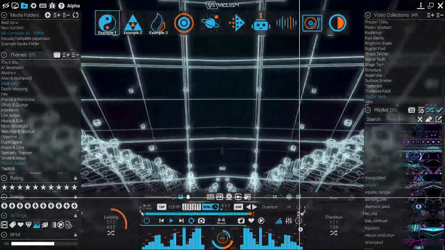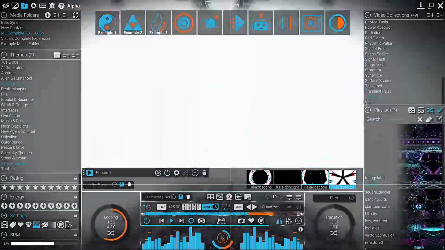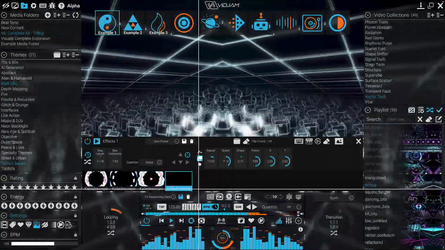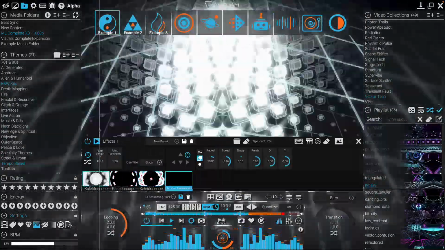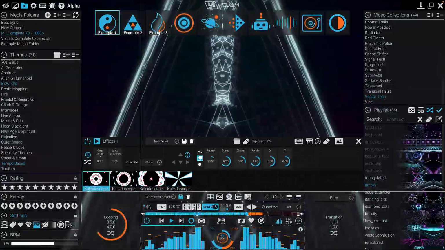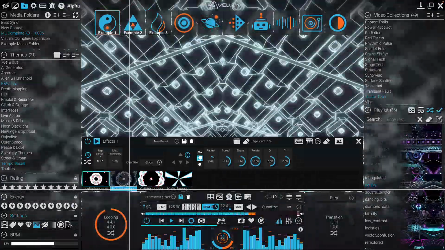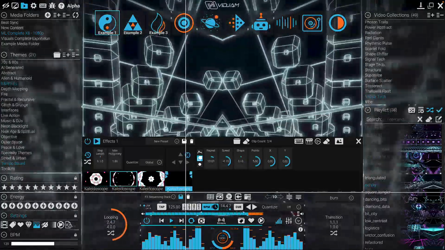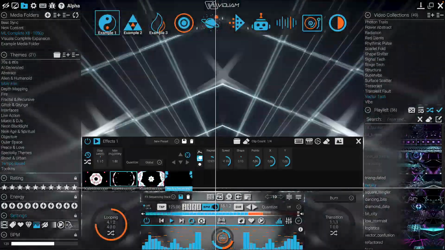So I'm going to expand the stack, and I have a very simple effects grid set up, and it's just 4 copies of the kaleidoscope effect. And each copy, if you see these parameters here, as I click and select them, has a little bit different parameters. And what's going to happen is that when I enable the layer, you're going to see the kaleidoscope effect